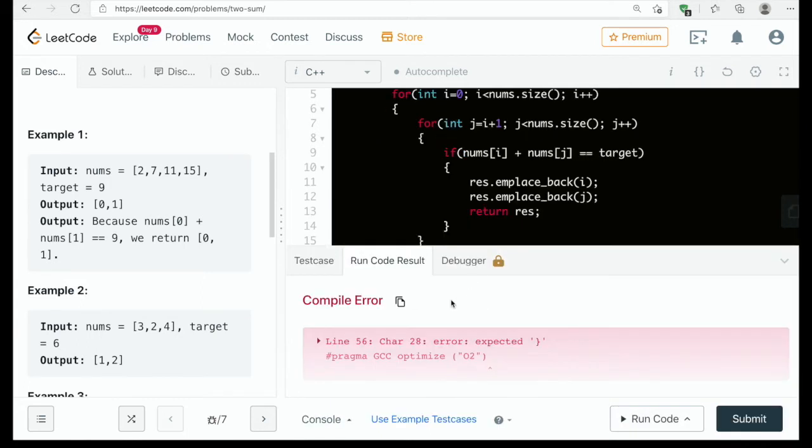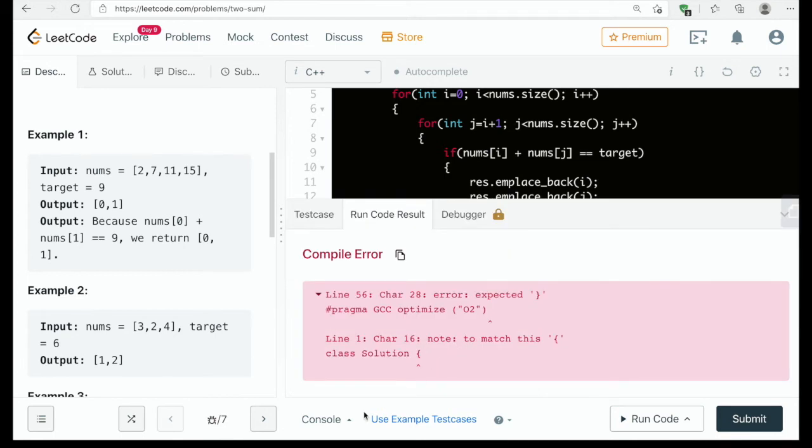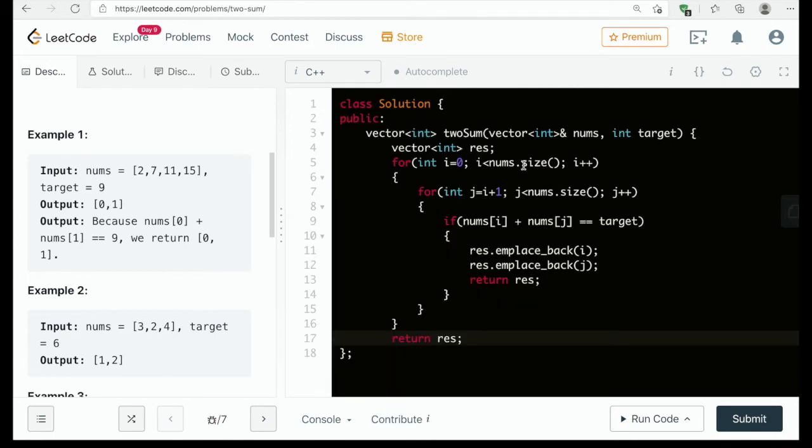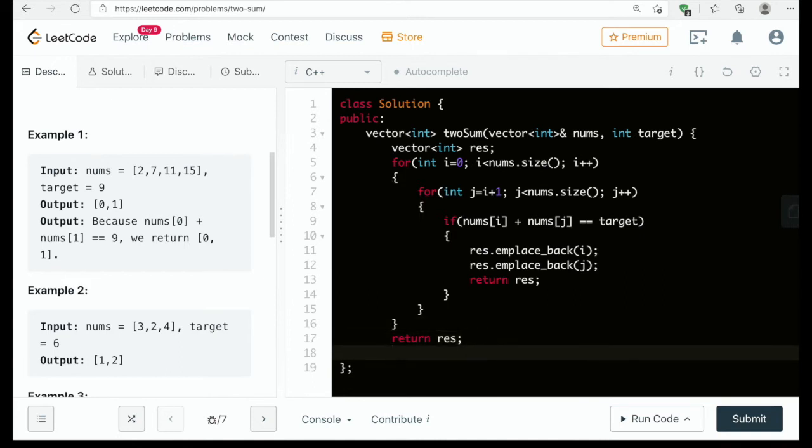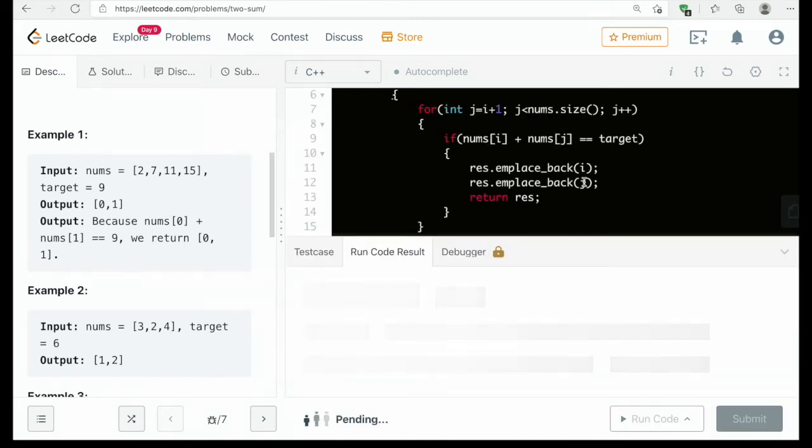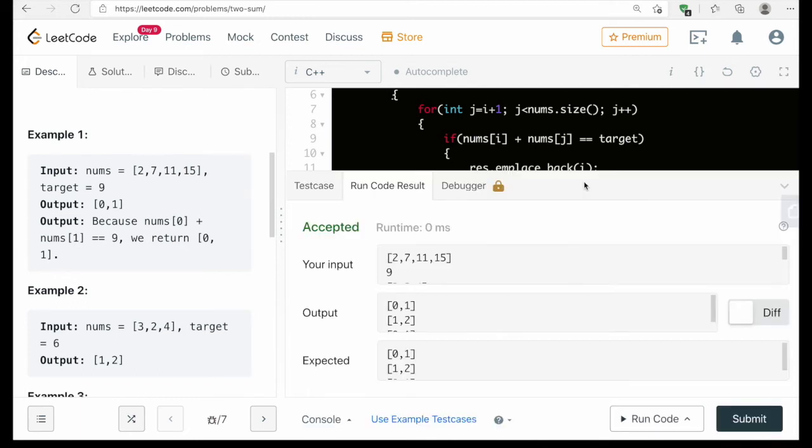Let's run this. Okay, yeah, so this one worked out.